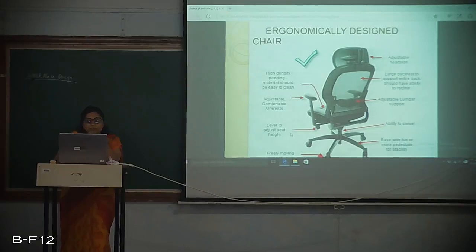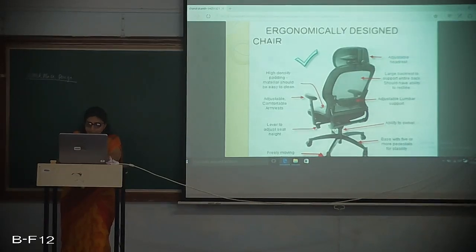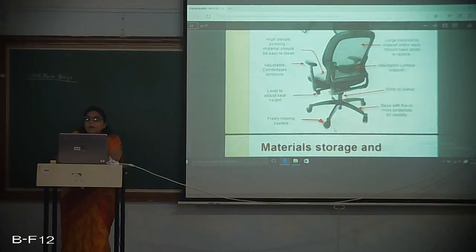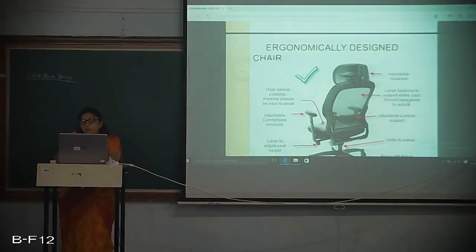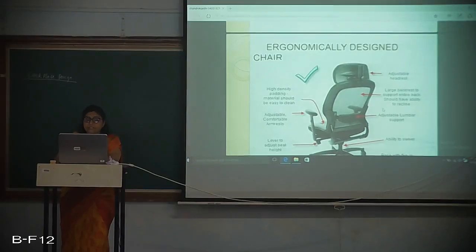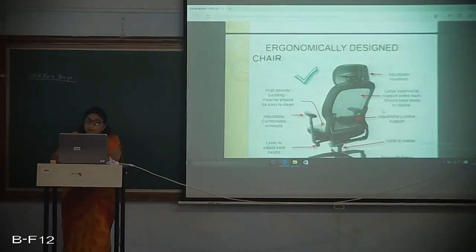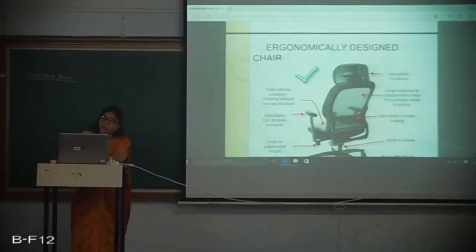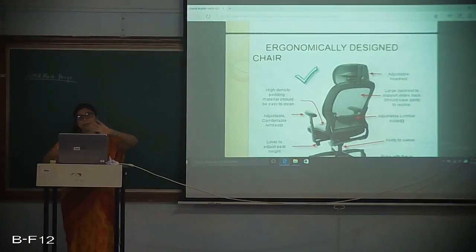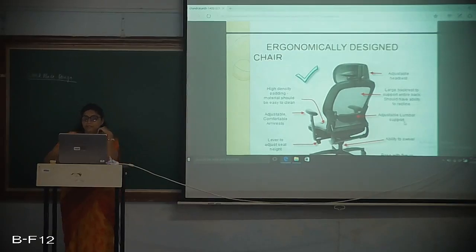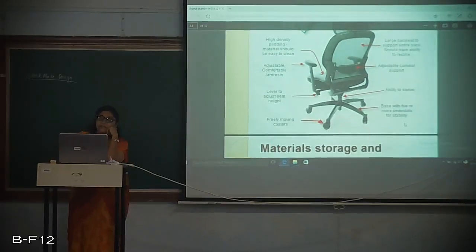Then these are to adjust. Then here, of course, an adjustable headrest, and a large back support that should have the ability to recline. Then proper back support, adjustable lumbar support, very important, which will hold your lower back in a proper position so that the worker will not get pain in his lower back. Then the chair should be such that you can